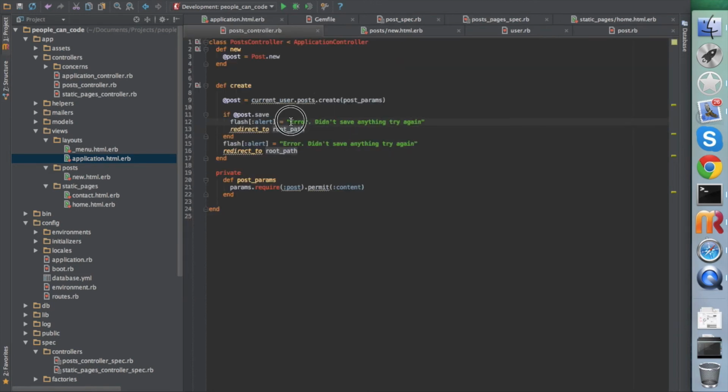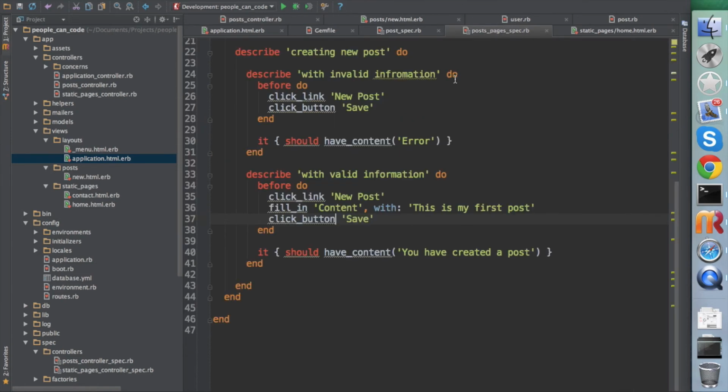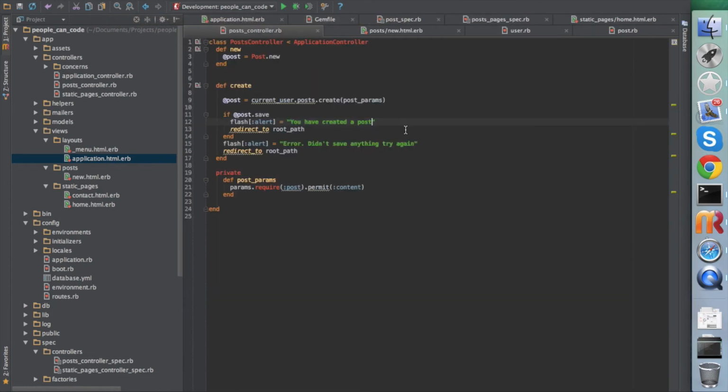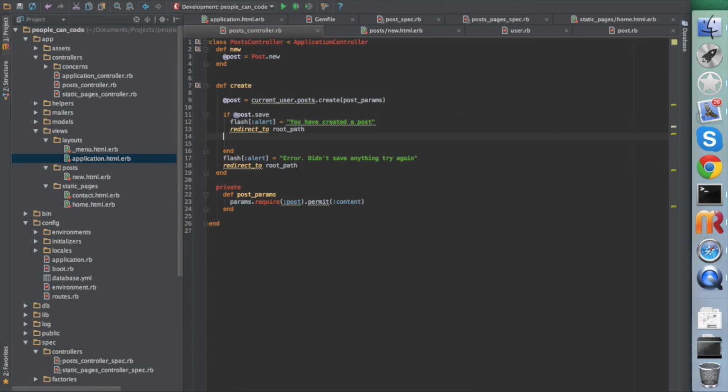Okay, we just say, I don't know, I don't remember what we specified. You have created a post. Okay, it's fine. And you just paste that in here and redirect to root path,